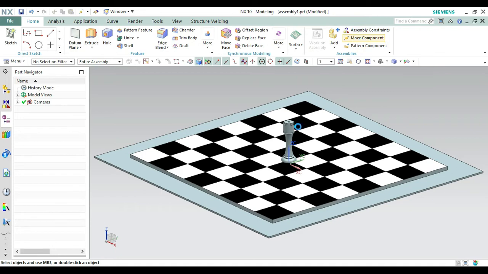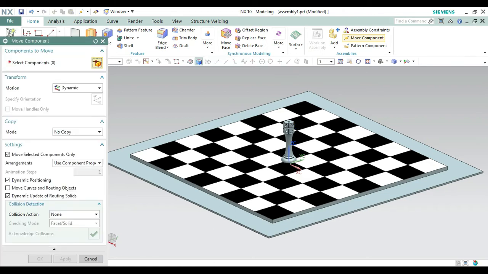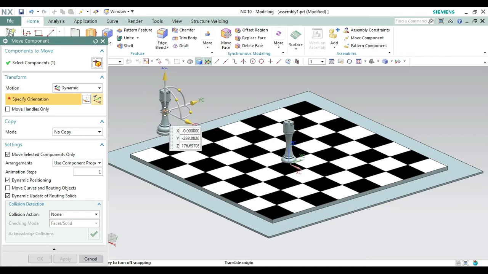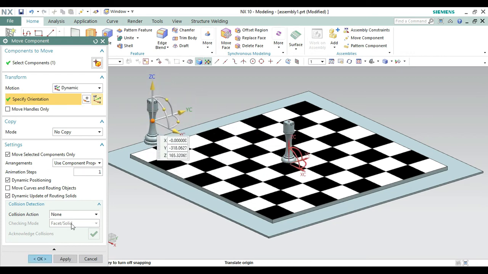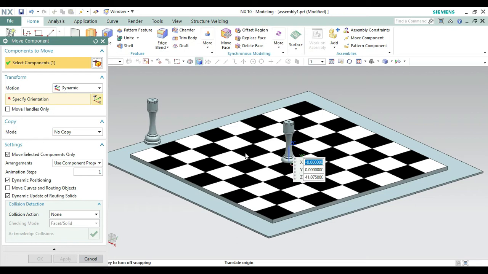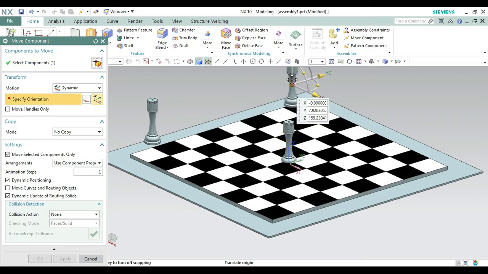So from here, going on to the move component, first select this component, specify the orientation, just simply drag with your mouse to anywhere else. Okay. Again make it apply. Again taking this one, specify the orientation, drag it over this corner and make it apply. Okay.